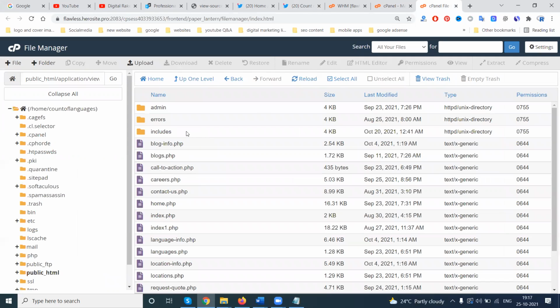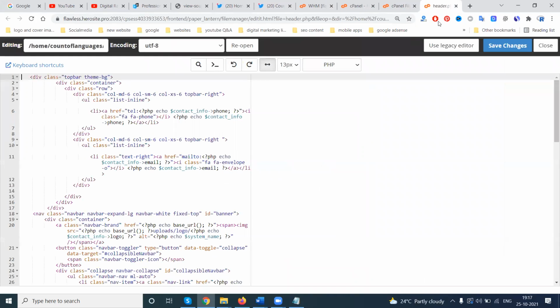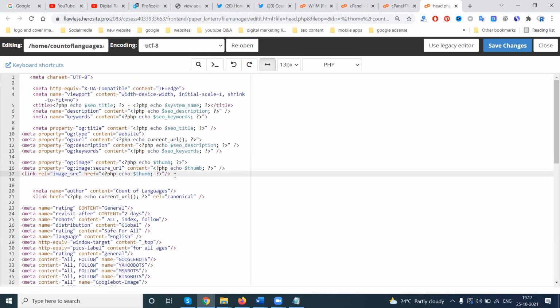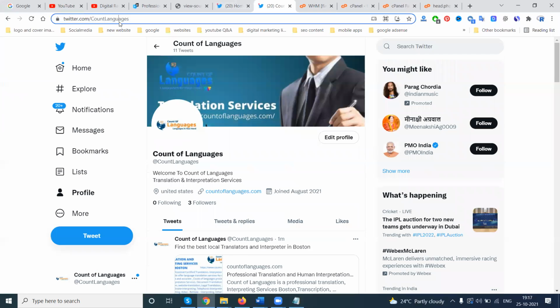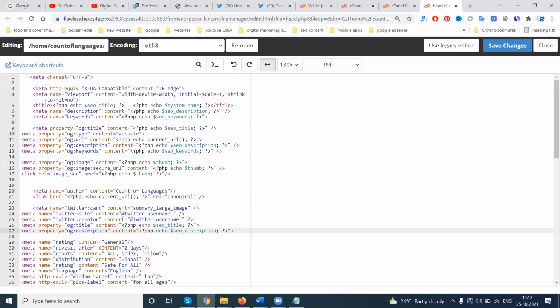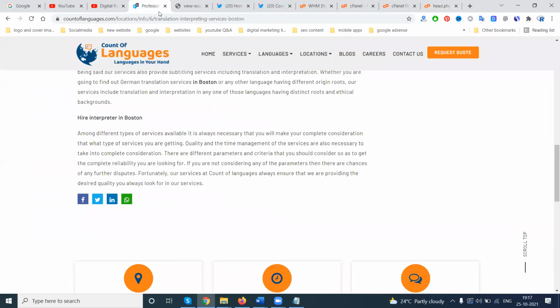So when you're updating this file, or you can use the header document, paste it and copy. After this, you can refresh.